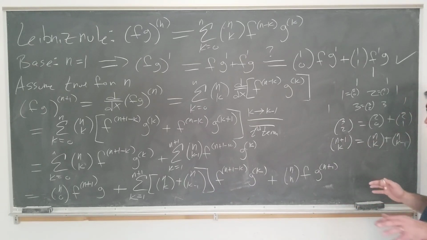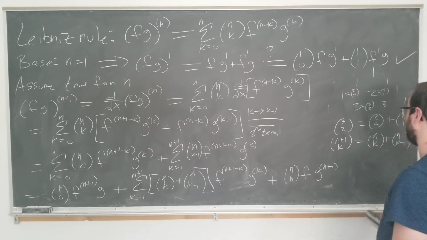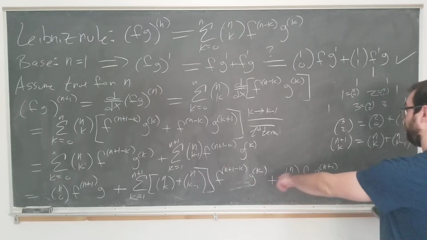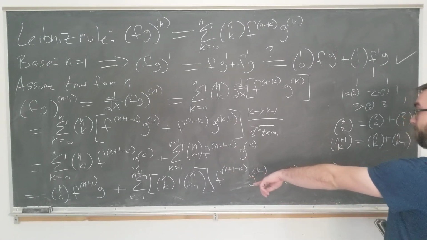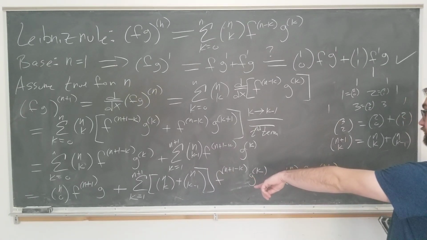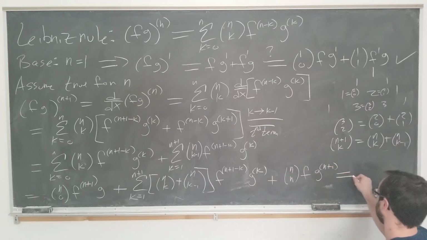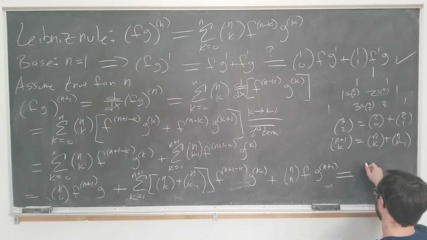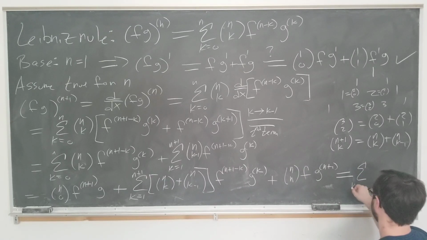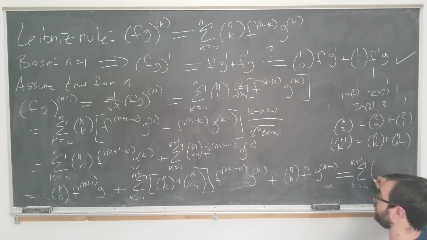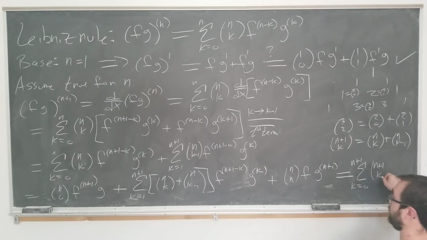And this allows us to do what we want to do. Okay, remember, this is n plus 1 choose k. Now we can write this as the final step, k equals 0 to n plus 1 of n plus 1 choose k,